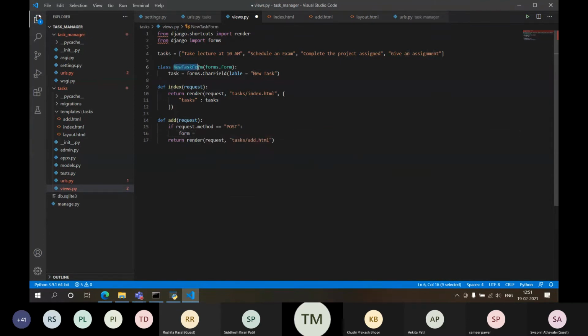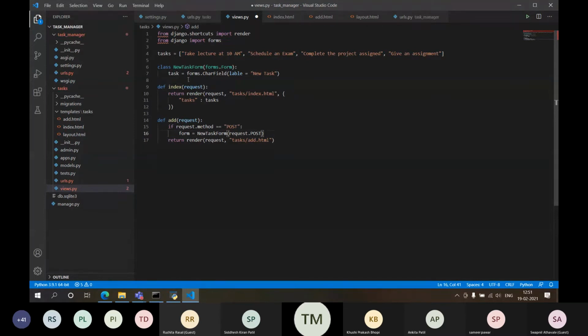Object of which form? NewTaskForm, and then request.POST I'll get it here. So if somebody has posted something, like I have added a task into that particular add form, that task will be accepted in the form of a form object.